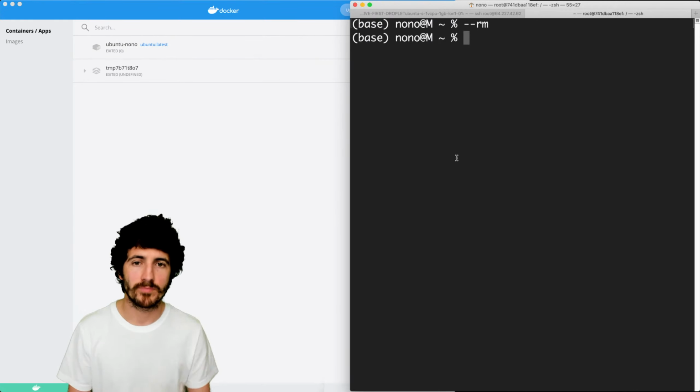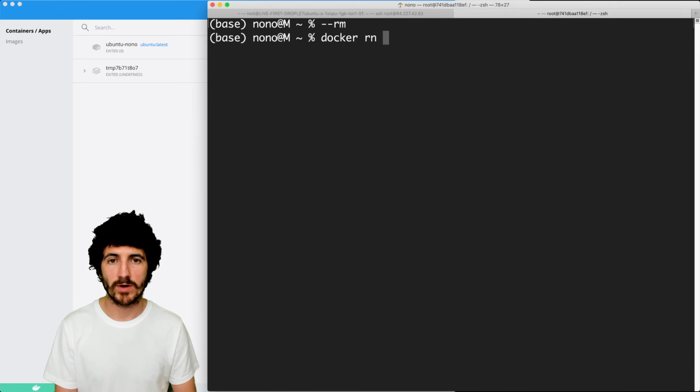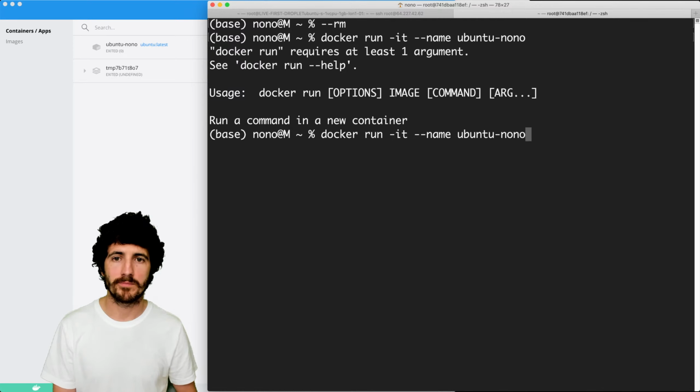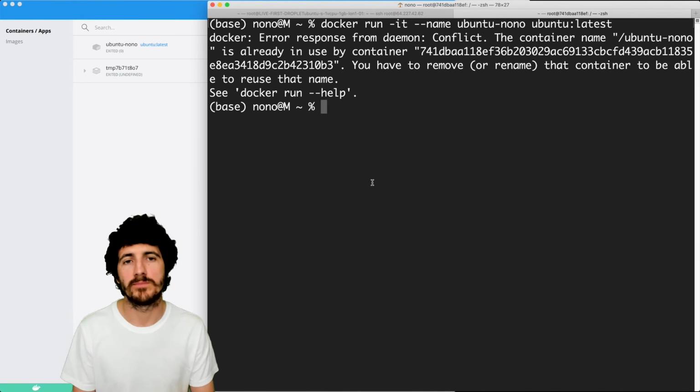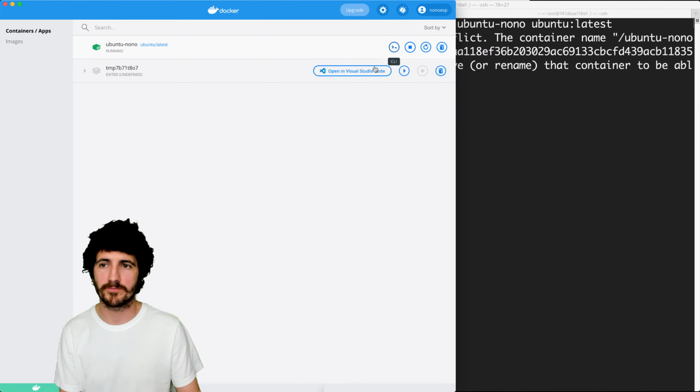So I could do here a docker run -it --name ubuntu-nono ubuntu:latest. I don't remember how to run this again from the command line, but I can simply run it from here.